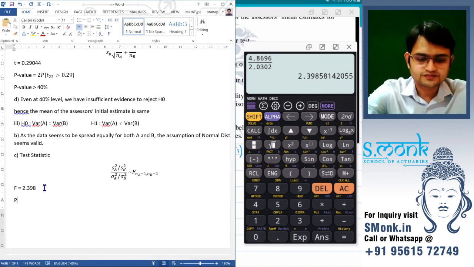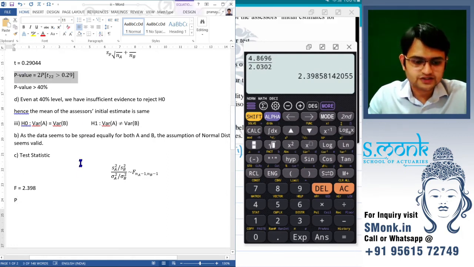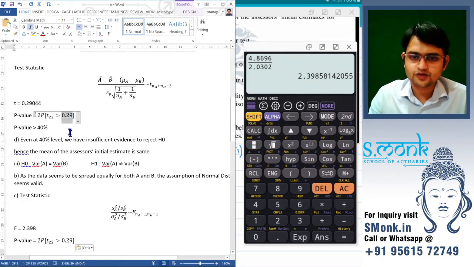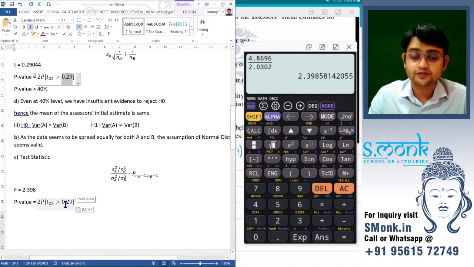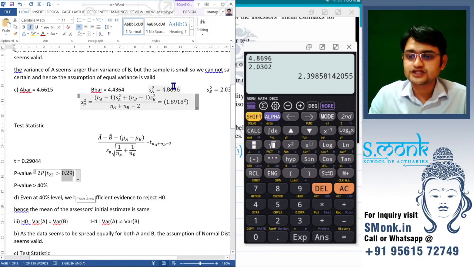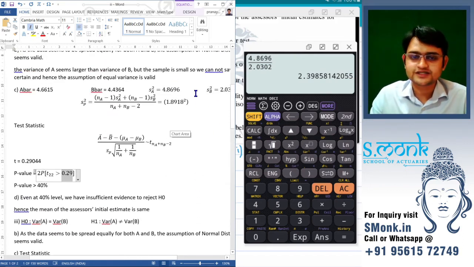P value, now basically the formula is almost the same. I'll just copy this and paste it here. One thing you should remember, that for the T and Z test it is the mod of this. Remember the formula correctly. For the F test it does not matter, but you have to take one thing into consideration: always take SA to be the larger value. We can write SB square divided by SA square as well, but that gives you an F value that is less than 1. We would want the F value to be more than 1 to find the P value in this way.